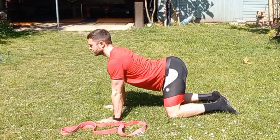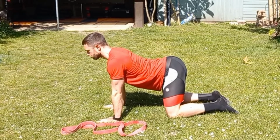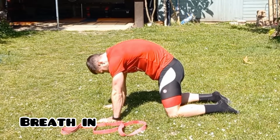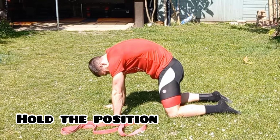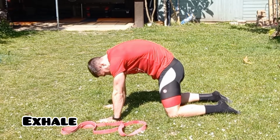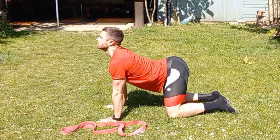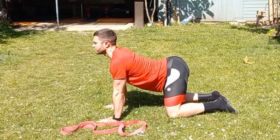We're going to take a breath in and exhale. Then we reverse it. First, we breathe in. Hold the position and exhale. Then we switch, breathing in and exhale. Stay in this position, breathe in